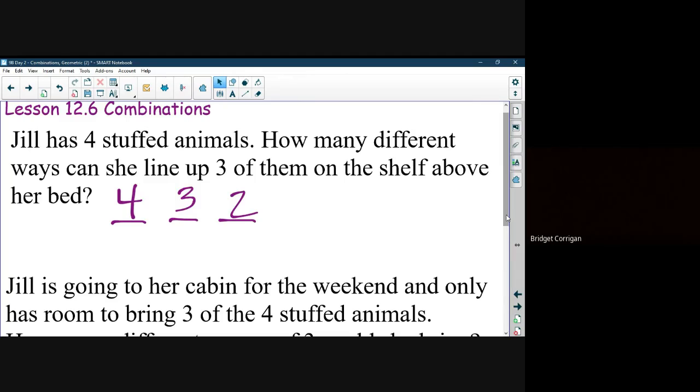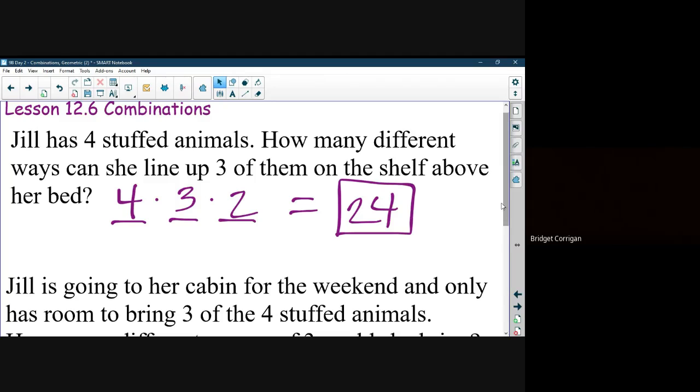So to figure out the total number of options, how many different ways she can line them up, we're going to multiply these together. And so again, this is kind of a shortcut to drawing out a tree diagram. It's called the fundamental counting principle. Instead of drawing out a whole tree diagram to see the total number of possible outcomes, you can just take each independent event and how many outcomes they have and multiply them together. So there's 24 total ways that she could line up her stuffed animals,